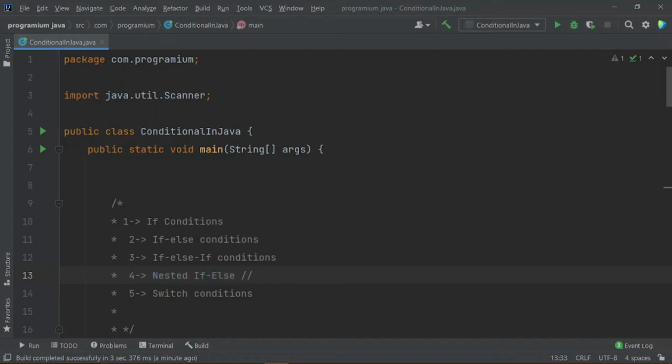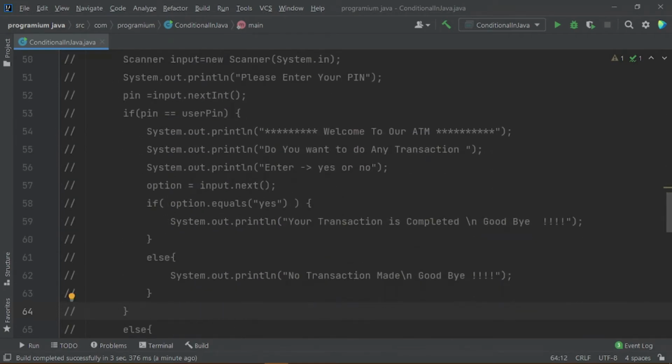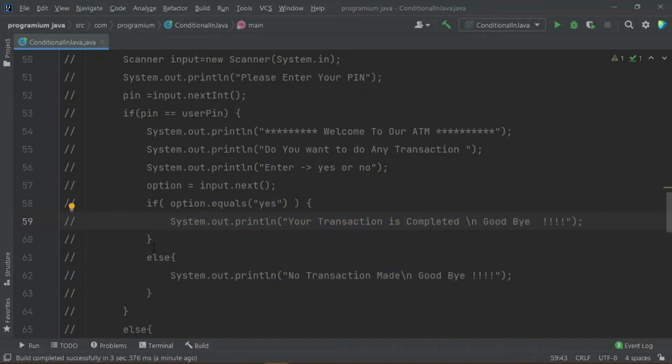This means that you embed more than one if else in one if else. What does that mean? Let me show you. Here in our ATM machine you would see that we first created an if condition, and after that we again created an if else condition within this condition.